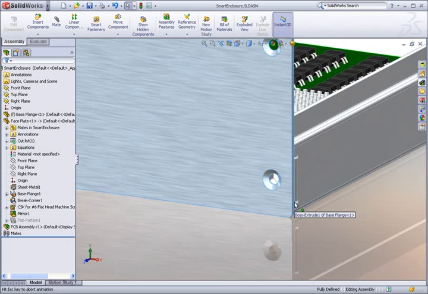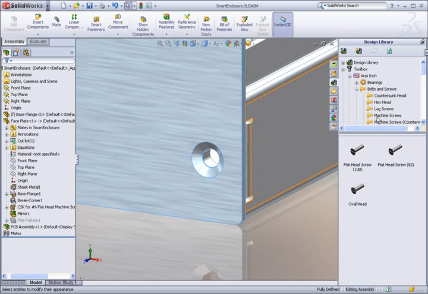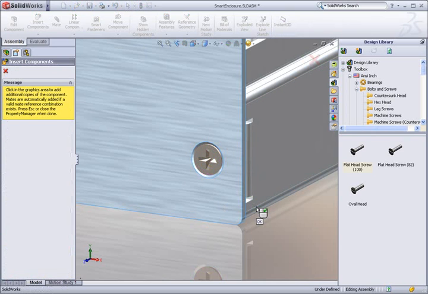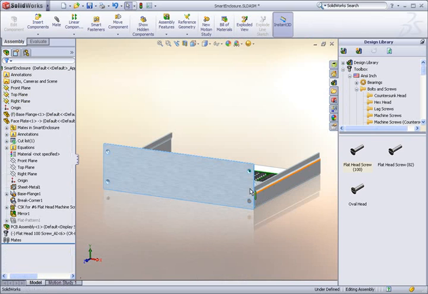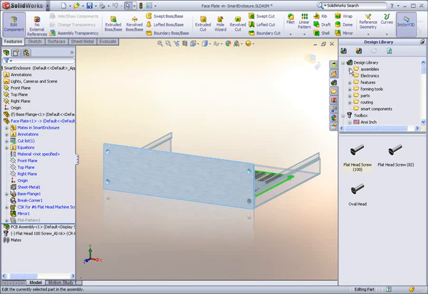If you use hardware, you probably already use the toolbox in SolidWorks. Hardware is something that's used at some level in just about every design. But what about the more specialized items that you use all the time? The design library is a great way to save time by using it as a central location to store items